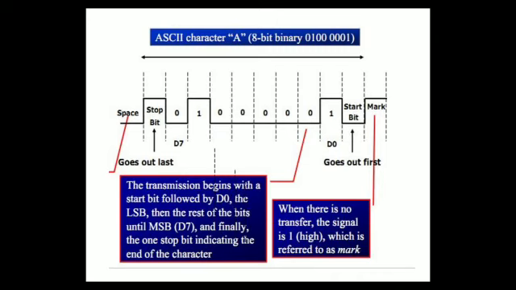Let us see, from my CPU I want to send this data to a printer. Capital A I want to send. How do I send the data then? Always the data framing starts. Observe from the right hand side that the first value is called the mark. After that mark, whatever you see is a start bit, and the start bit is always logic 0. After that, whatever you send is data. Since I am sending capital A, I will fit those 8 bits, D0 to D7, after the start bit. The last bit will be the stop bit.